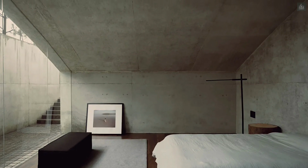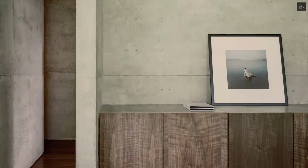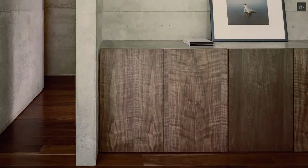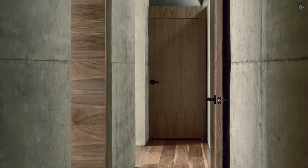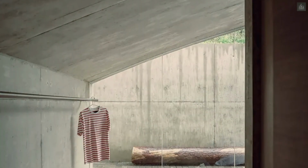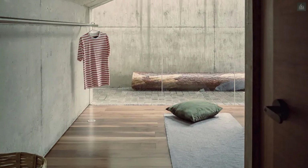Inside, the layout contrasts openness and intimacy. Public spaces face the ravine, connecting directly with the forest, while private rooms look inward to a quiet courtyard. Appliances and lighting are discreetly hidden, reinforcing an atmosphere free from temporal markers. The result is a dwelling that feels elemental, more like a cave or a pause in the landscape than a